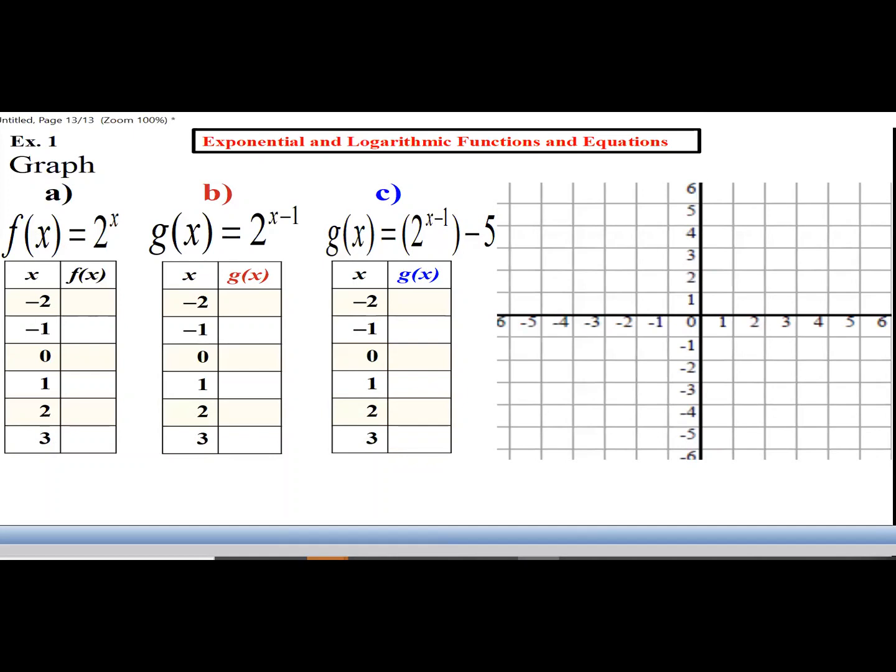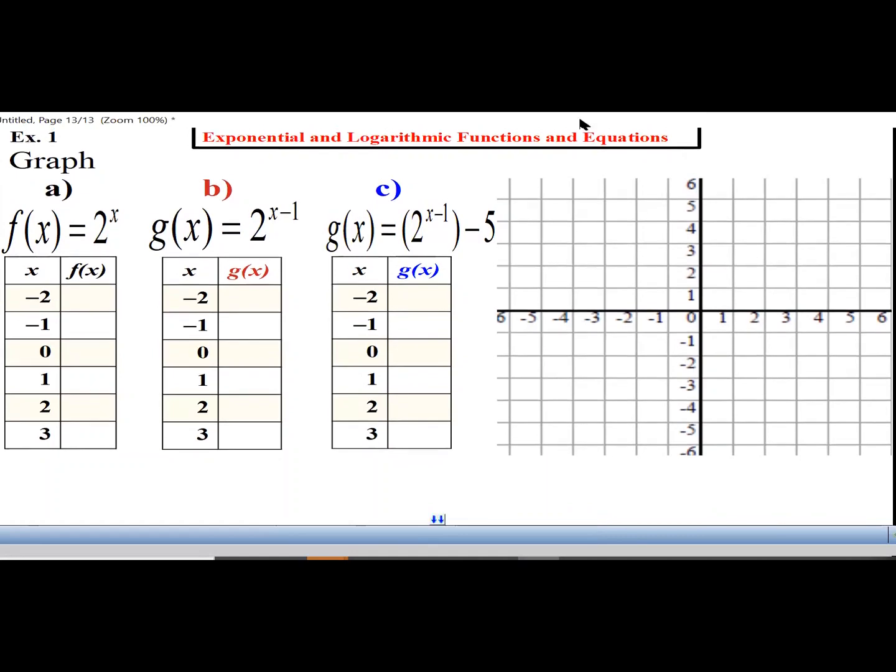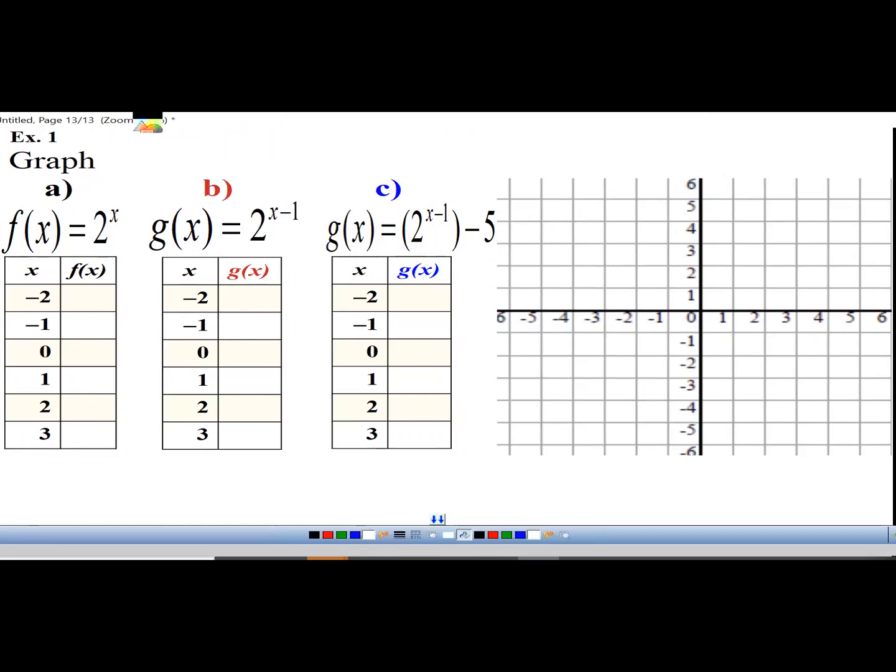So before we get to the graphing portion, I do want us to, right above all of that, if you have space or somewhere on the top corner, let me make some space up here. I'm going to go ahead and write our general rule for exponential functions. So like that, we can see these three graphs, or the functions, according to the general rule. So what was the general rule that we just wrote? So our general rule was